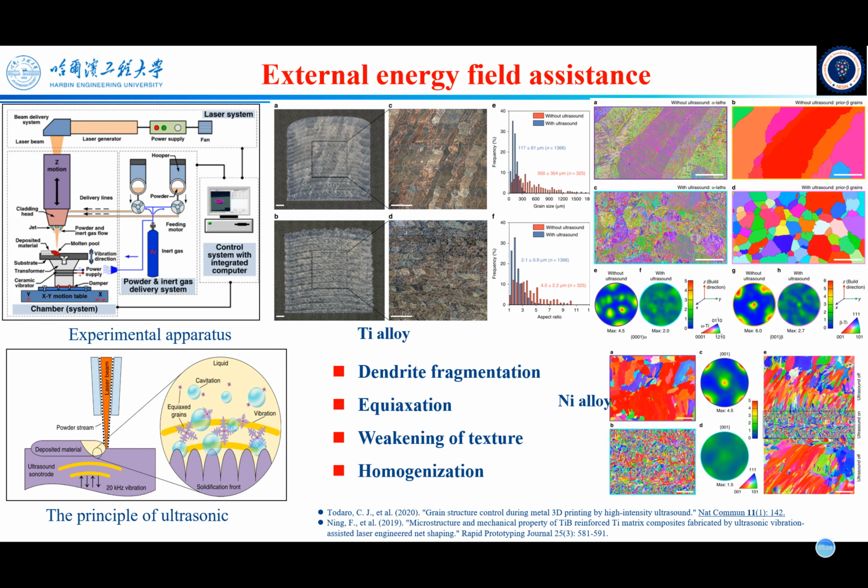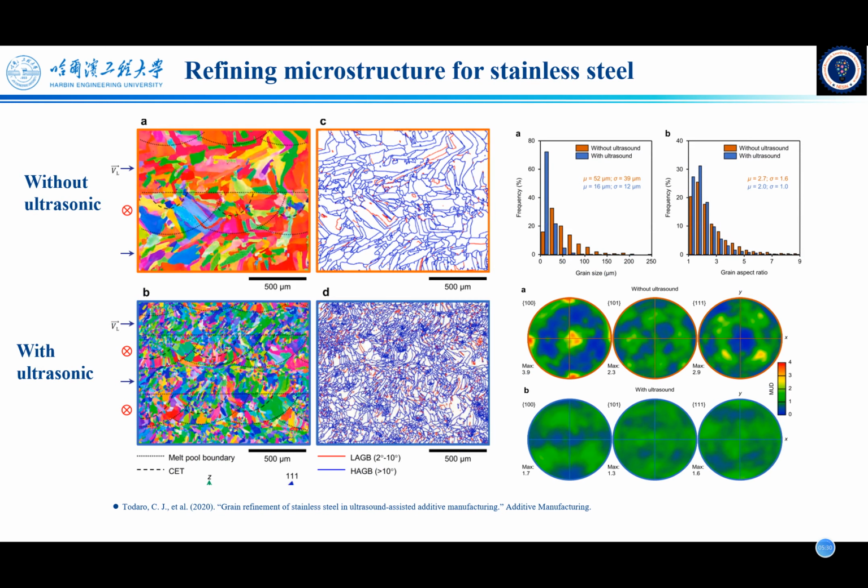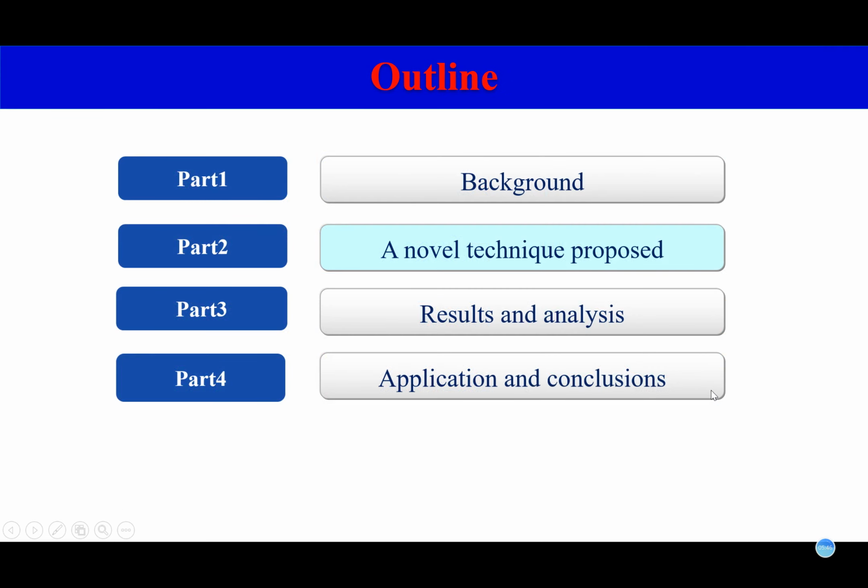magnetic field and ultrasonic energy field assisted AM. Both of them are effective in refining the microstructure of materials. For example, for the stainless steel, the grain size of the microstructure can be refined and the texture is improved. Therefore, based on the research history of how to improve the microstructure and the properties of additive